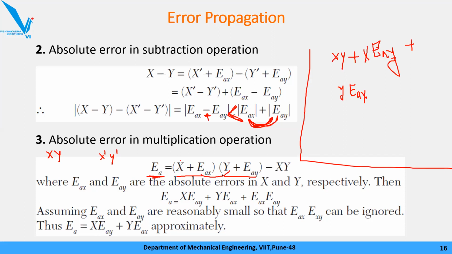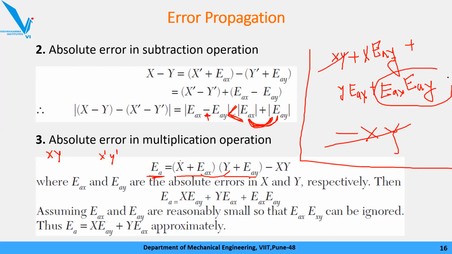Next one EAX into EAY plus, sorry, EAX into EAY. Okay, we got this term, then minus xy. Now see this minus xy plus xy get cancelled, then this term absolute error in x value, absolute error in